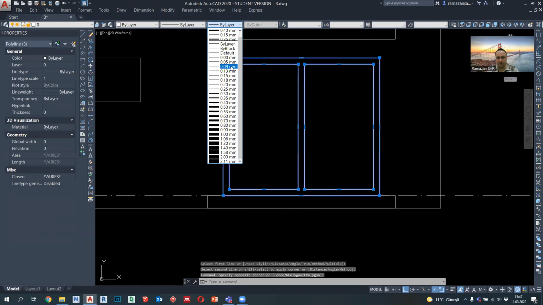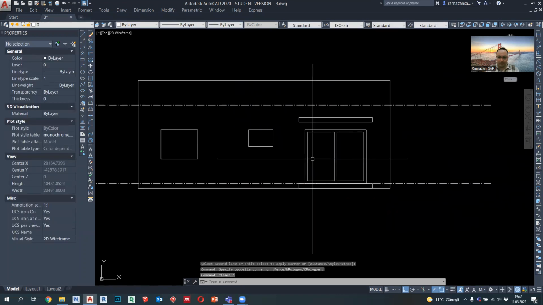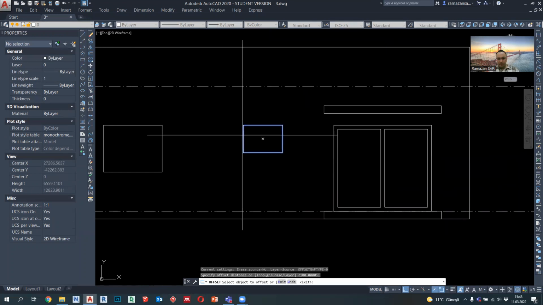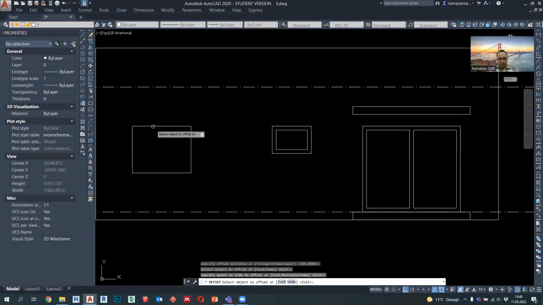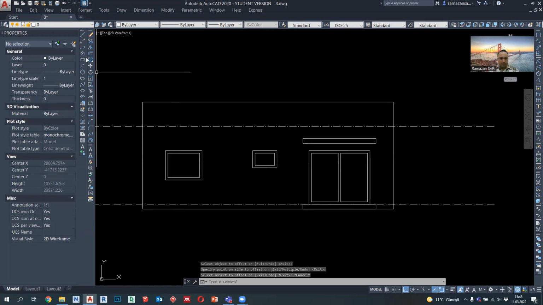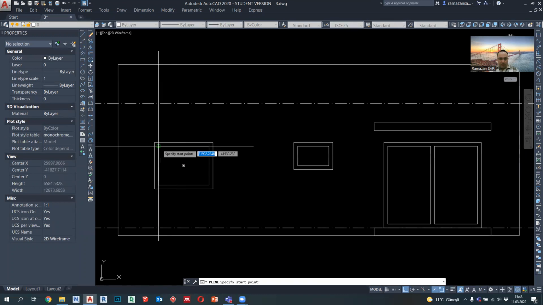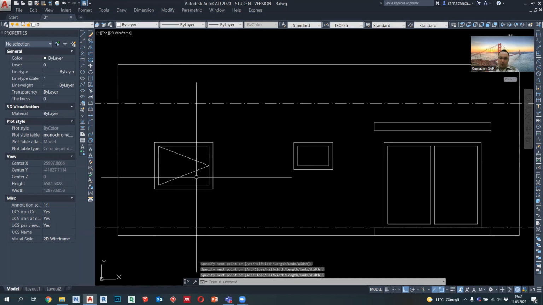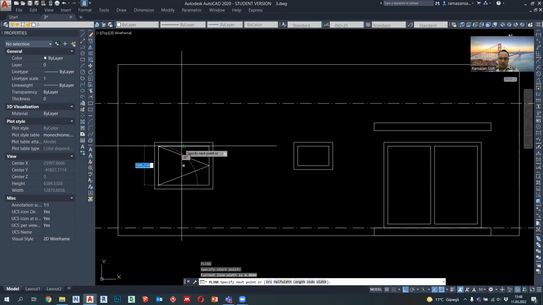And don't forget to change the line thicknesses. And don't forget to present opening direction. For example, let's say that this window will be open as this one